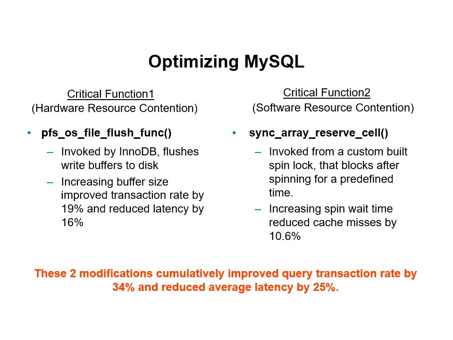The second bottleneck was a custom-built spin lock that blocks after spinning for a predefined time. Suspecting frequent cache invalidation as a possible cause behind this bottleneck, we increased spin wait time, which reduced cache misses by more than 10%. Moreover, these two modifications cumulatively improved query transaction rate by 34% and reduced average latency by 25%